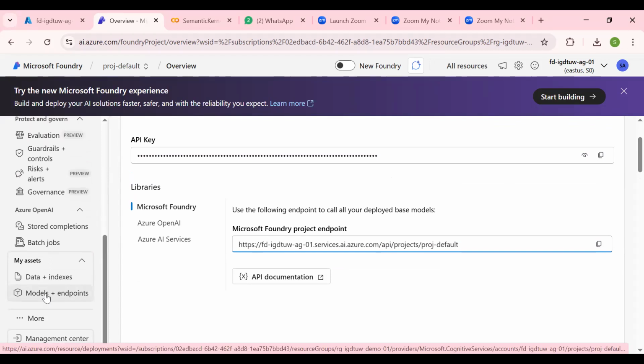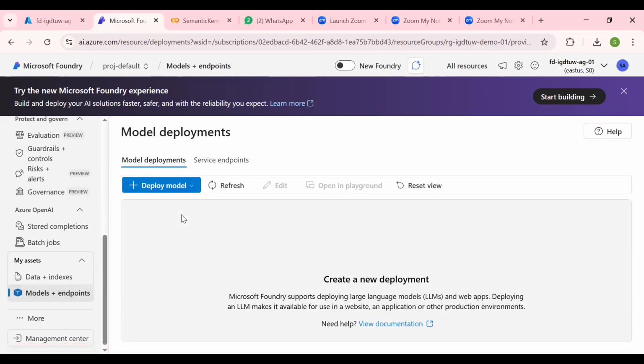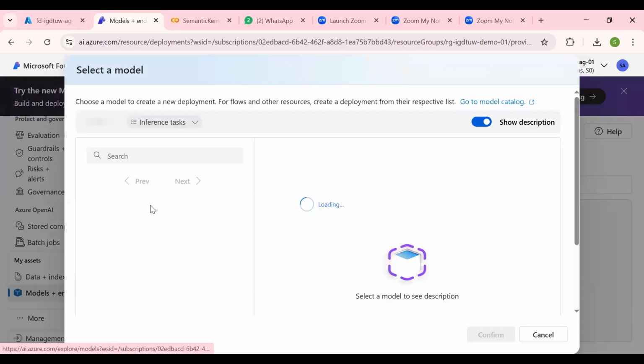And these Foundry API keys give me the entry, letting me inside your home, and then I can go to the kitchen, something like this. So to go to the kitchen, I need this model plus this endpoint to eat something, right? If I go to this model endpoint, there is something called deploy base model. This will give access to your entire applications, whatever you have written. Then there is something called select model.